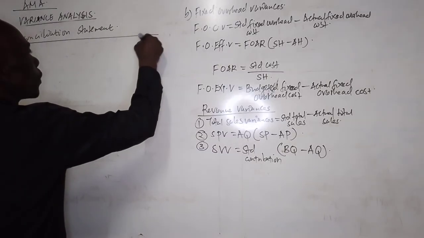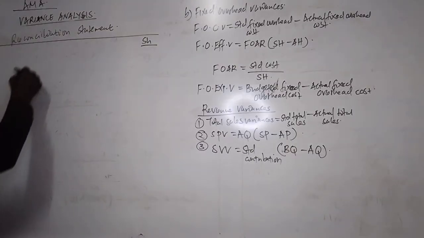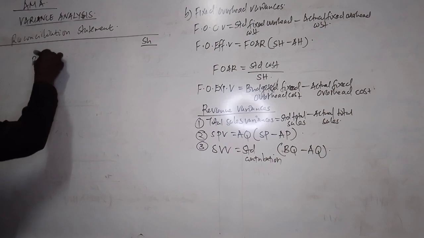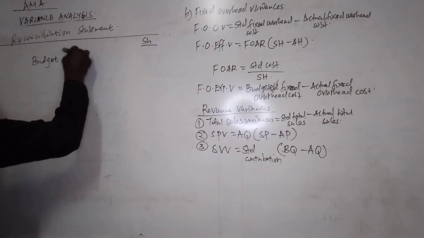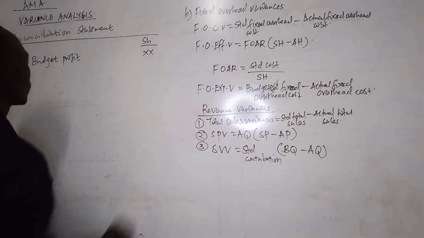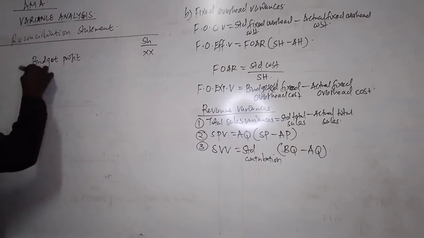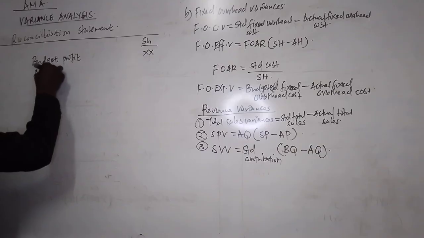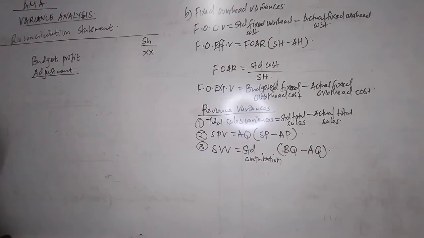For us to reconcile our statement using variance analysis, we normally start with budgeted. We'll be talking about the budgeted profit in case they are talking about the profit. If they are talking about the cost, you start with the budgeted cost. Then from there, we are going to have the adjustments, and these adjustments are going to come from the variances